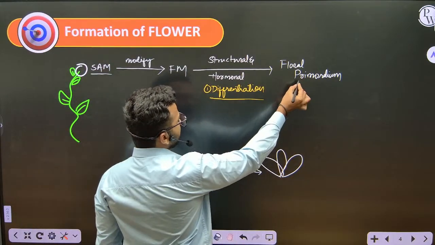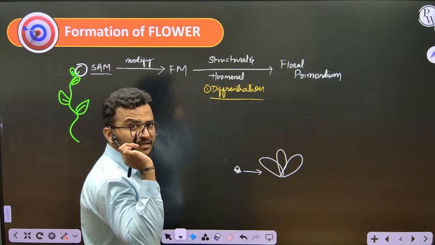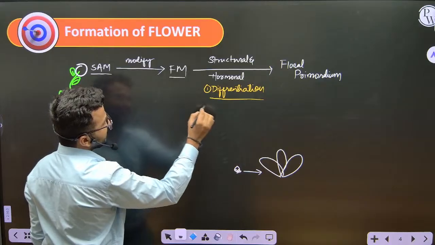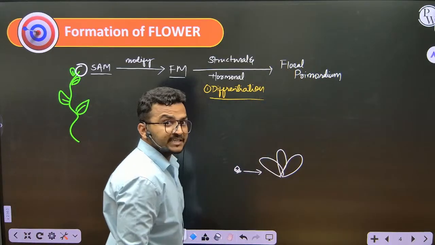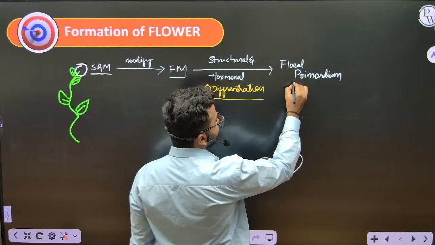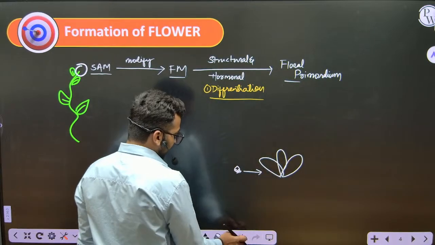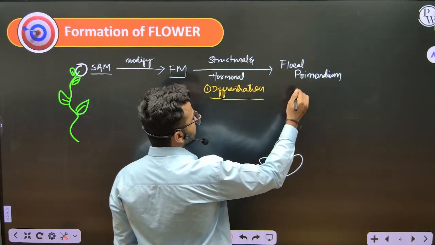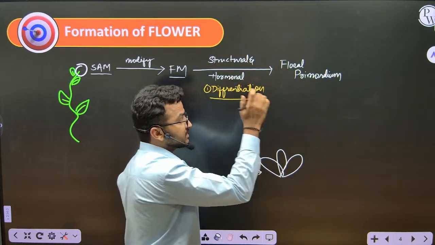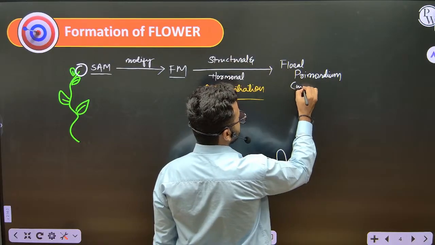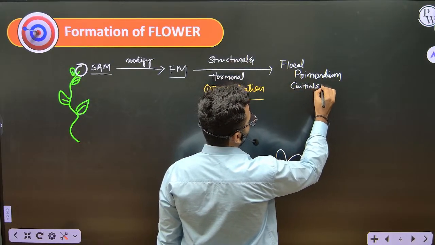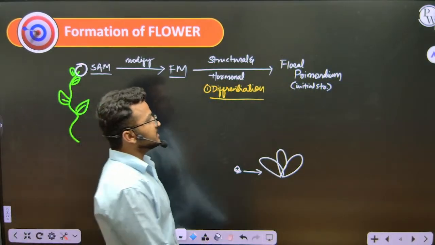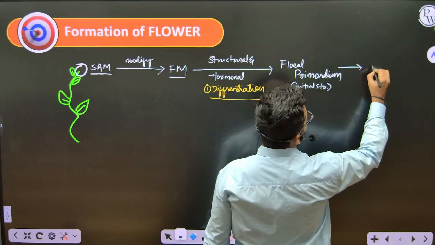So floral primordium is formed after differentiation. Here it was having meristematic activity. Now it has lost the meristematic activity and it has got some functions there, that I am calling floral primordium. So floral primordium is nothing but the flower initial structure. So this flower initial structure will lead to form inflorescence,